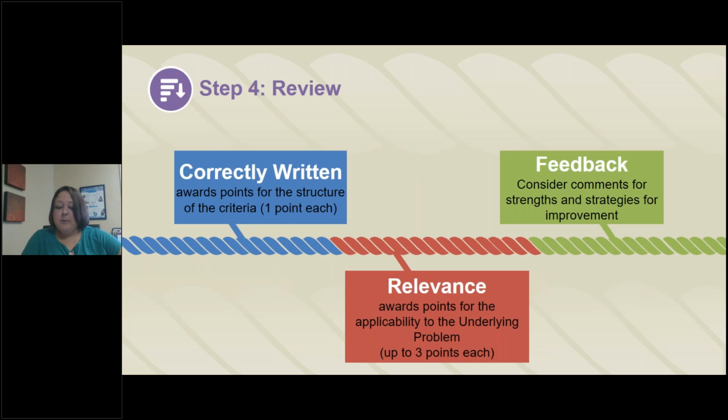Any other questions before we move on to step 5? Yeah, I think we're ready for step 5. Very good. Okay, so now that we've established 5, hopefully all 5 criterion in step 4, we're going to look